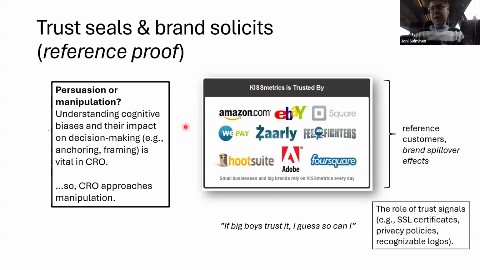If a big company has purchased from your company, then there might be some brand spillover effect, where you're now associated: okay, Amazon trusted this company, so I can also trust it. And you can also have other types of trust signals that are technical, like an SSL certificate, privacy policies, and so on,